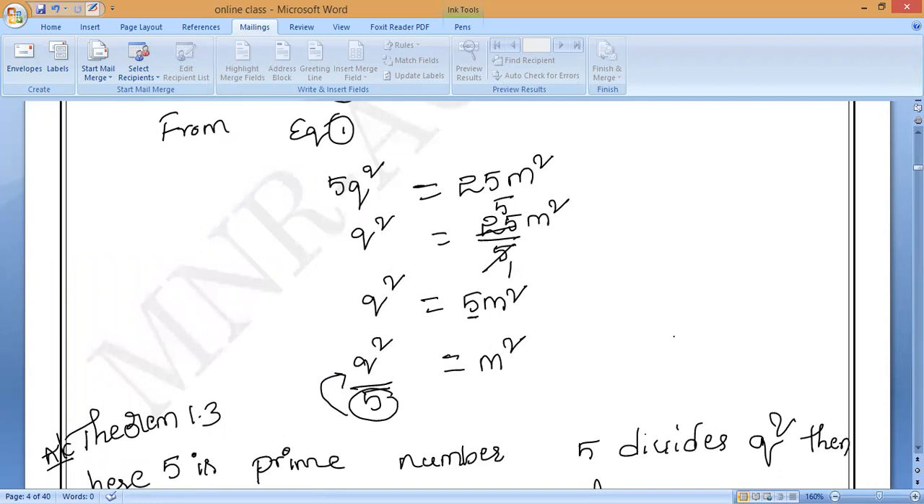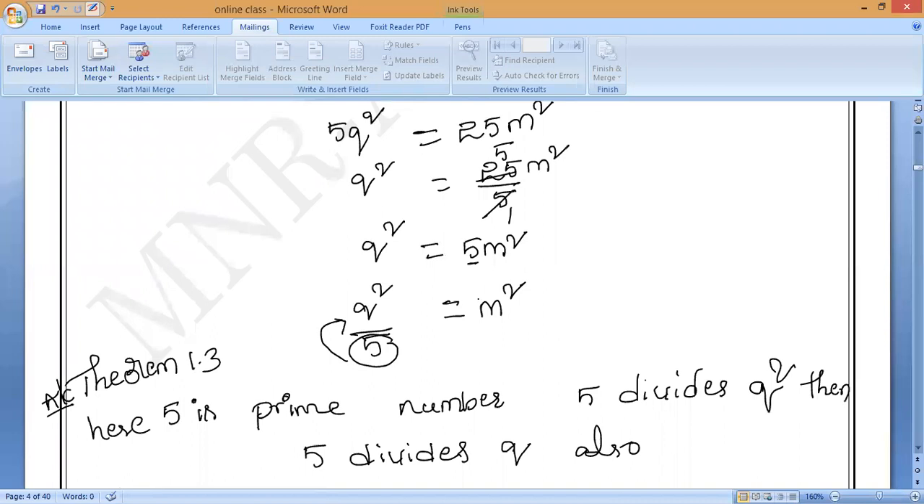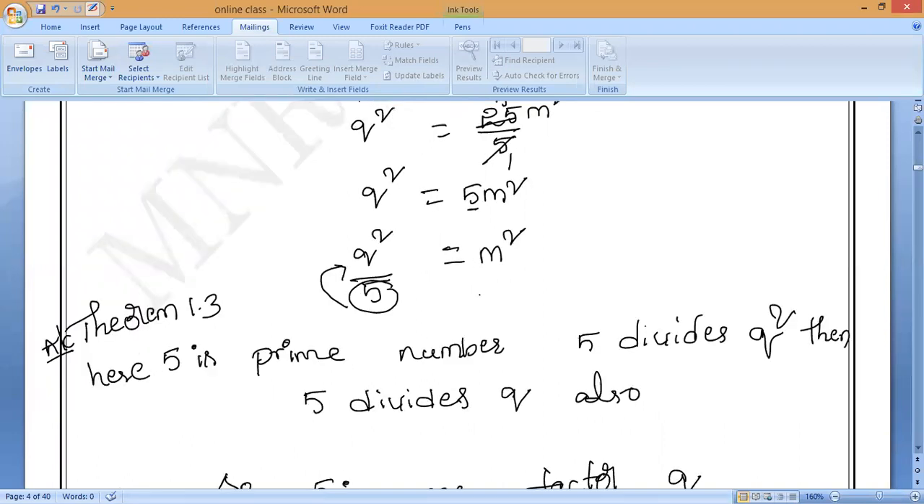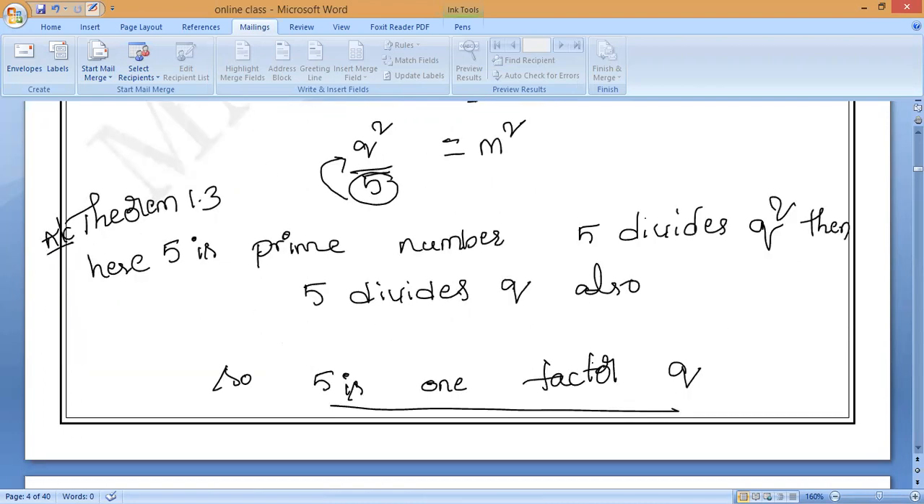Yes, ma'am. So write the equation for m square. m square equal to q square by 5, the 5 comes to this side and becomes division. Apply theorem 1.3 again. So 5 is our prime number. 5 divides q square, then 5 divides q also. Do you understand? Yes, ma'am. So 5 divides q also, means 5 is one factor of q. We already get 5 is one factor of